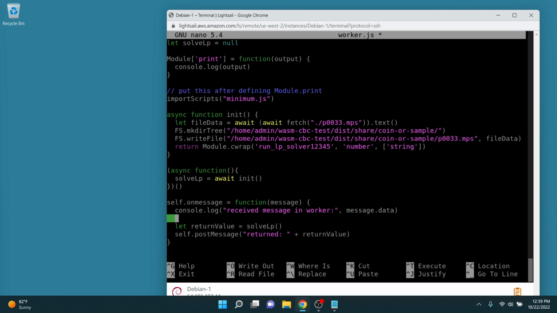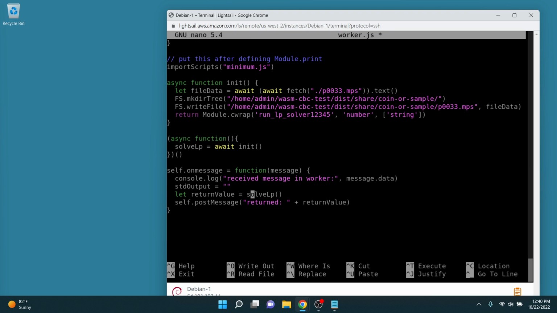Every time it receives a message, it's going to clear the standard output to an empty string, and then it's going to append. Standard output plus equals output. And then here, when it's done,